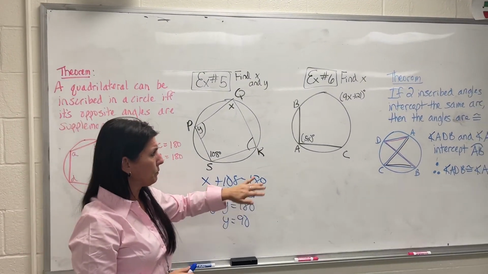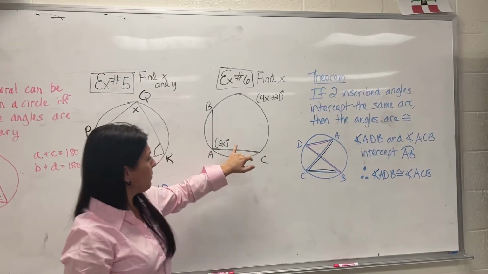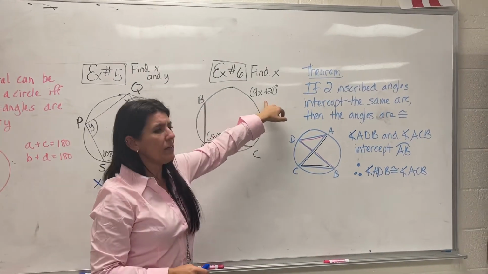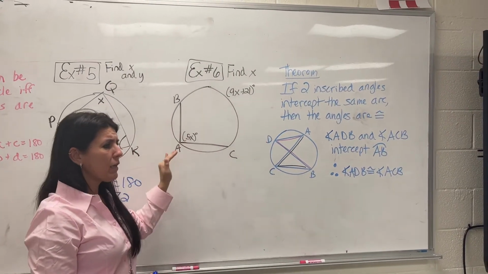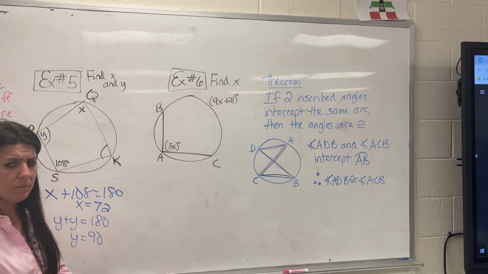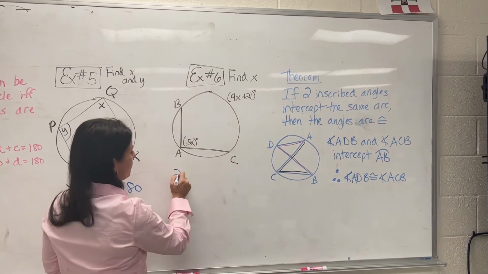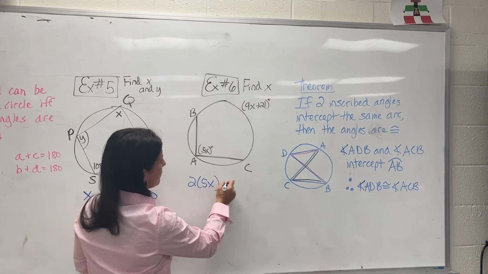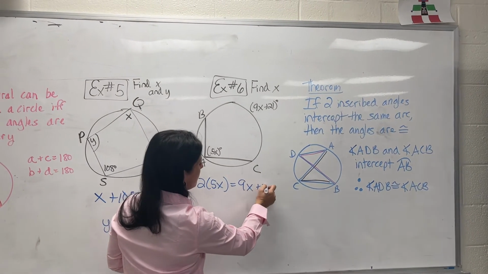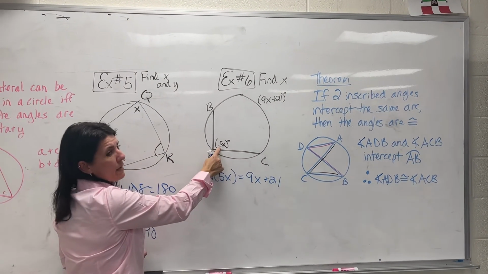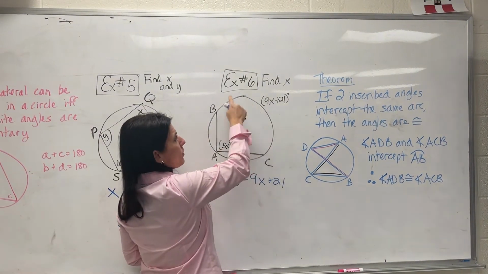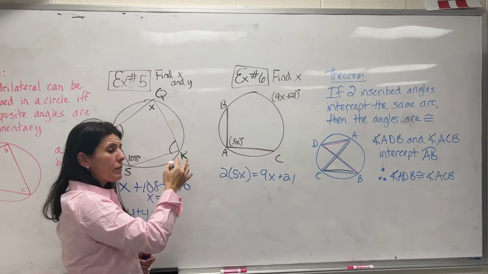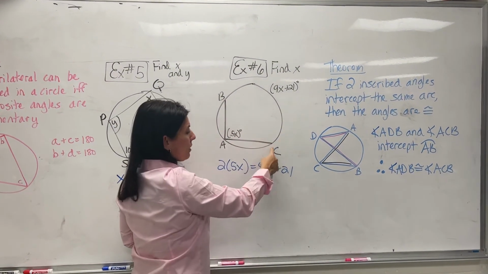What's the relationship between this inscribed angle and this intercepted arc? What would my equation be? 5x times 2 equals 9x plus 21. So 2 of these angles gives you one of those arcs. You could also say half of this arc equals 1